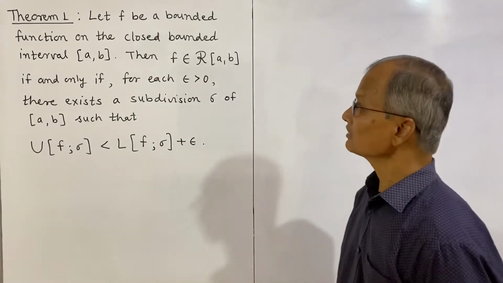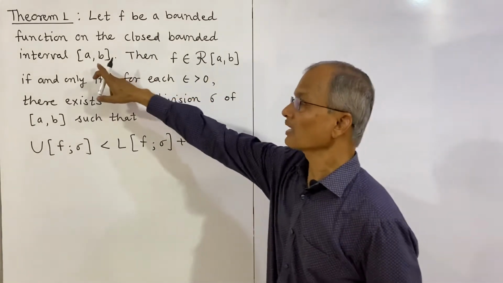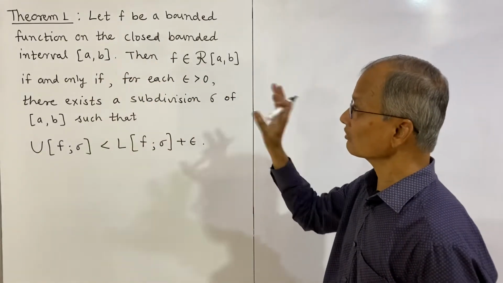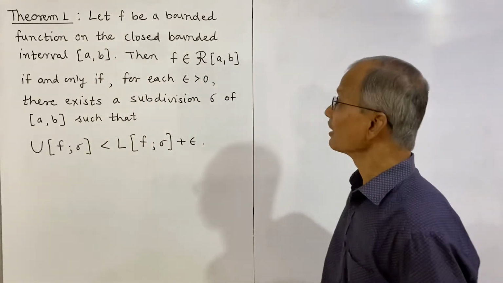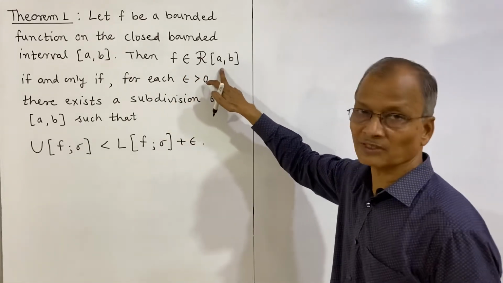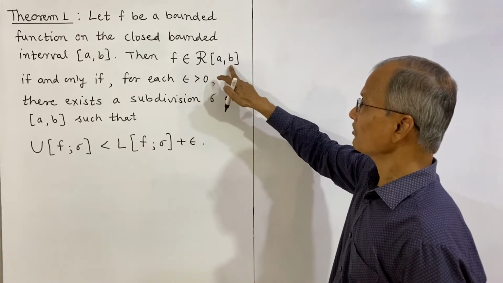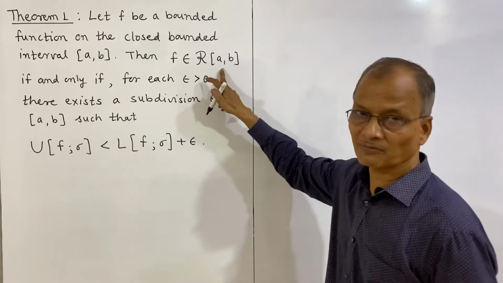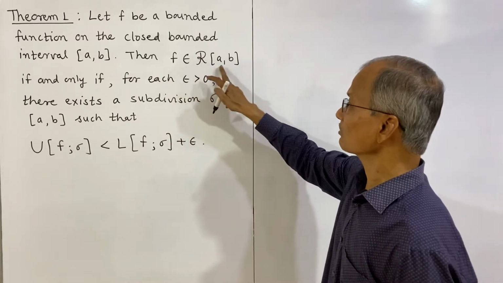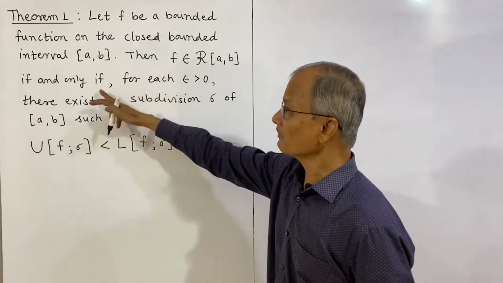The statement of the theorem is, let f be a bounded function on closed bounded interval [a, b]. That is our consideration. f is a bounded function taken on a closed bounded interval of real numbers. Then f belongs to this class of Riemann integrable functions. We have denoted this in our last lecture. R[a, b] means Riemann integrable function on the interval a to b. So f is Riemann integrable on the closed bounded interval [a, b],